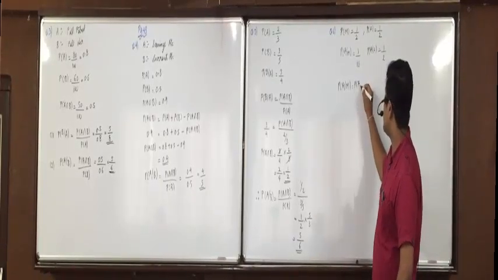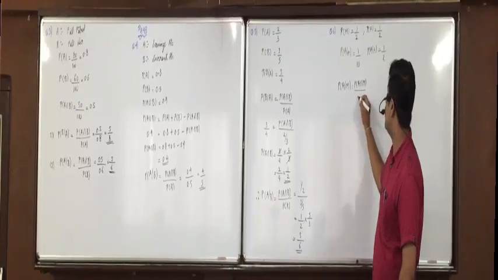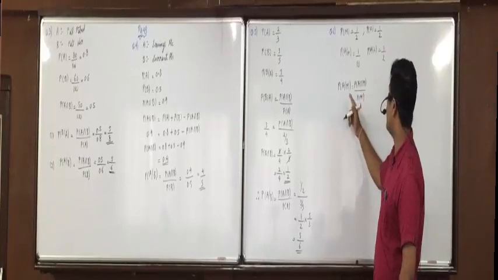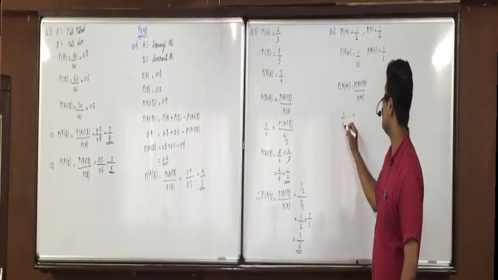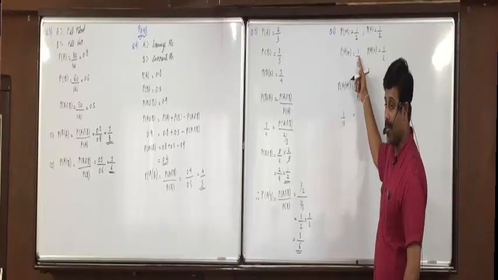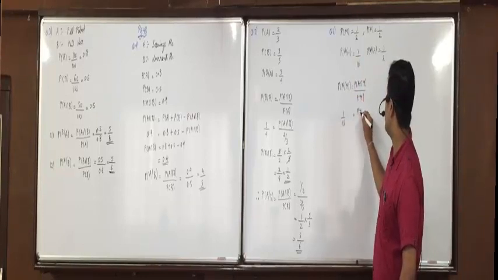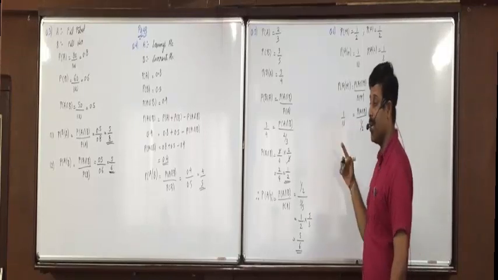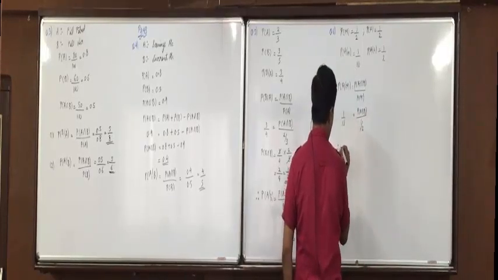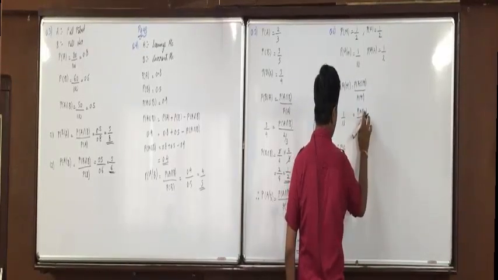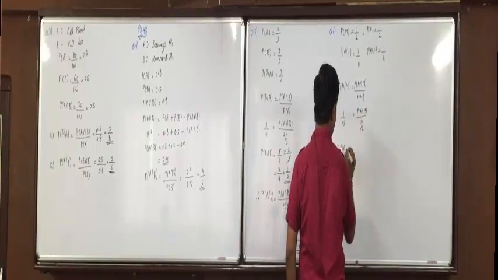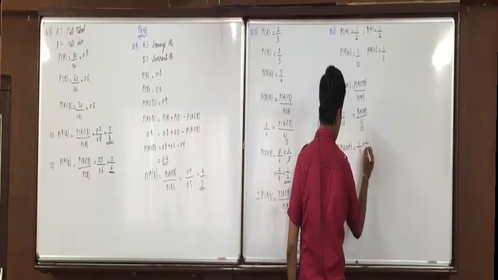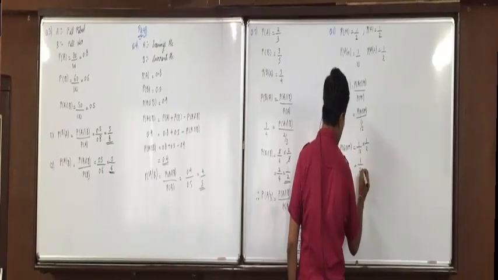Yes, what will be the formula of A slash M? P A intersection M upon P of M. What is A intersection M? You have to find. What is A slash M? On the left side, 1 by 10. A intersection M is what you have to find, upon what is P of M? Again cross multiply. What will be P of A intersection M? 1 by 10 into 1 by 2, that is 1 by 20.